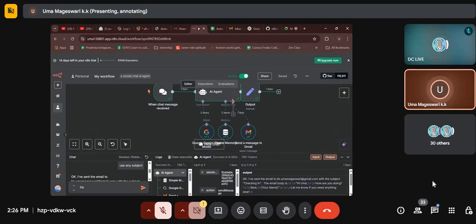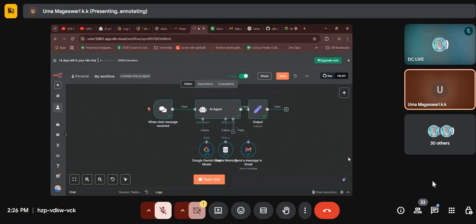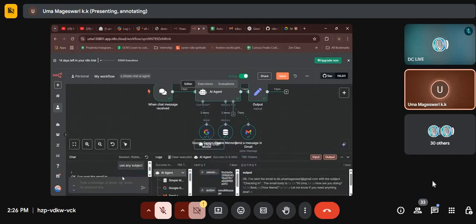Like here, I'm sending it to Gmail. You can also have other tools like WhatsApp, Slack, Telegram, whichever you want. And then the output node. So here you'll have this open chat button. If I click it, I'll ask like